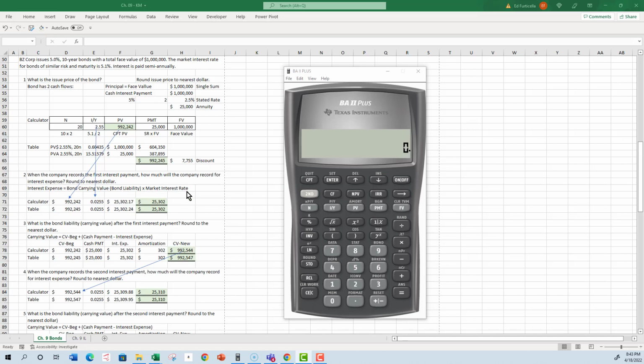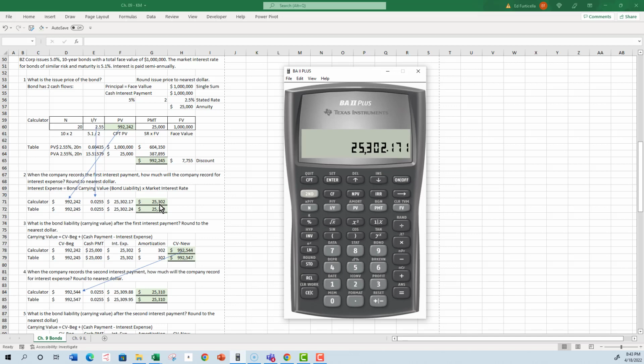So for our calculator, we're going to use $992,242. That's our bond price and our beginning bond carrying value. We're going to multiply it by the market interest rate of 2.55% or 0.0255. We get $25,302.17. The problem says to round to the nearest dollar, so we'll say